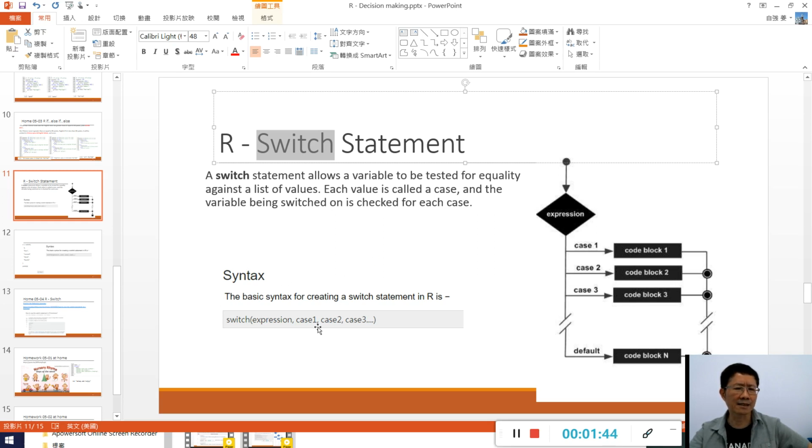So the syntax is very easy for you guys. With the keyword switch, you have an expression here, so it identifies the case. Case 1 you have to do this, then case 2, case 3. Okay, so let us go